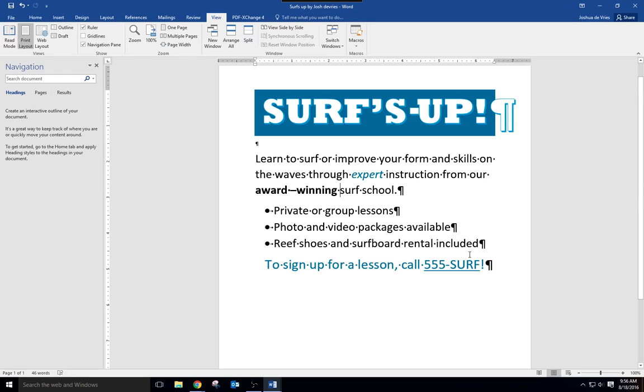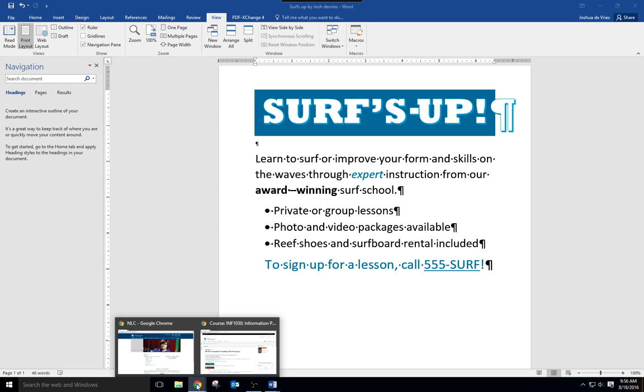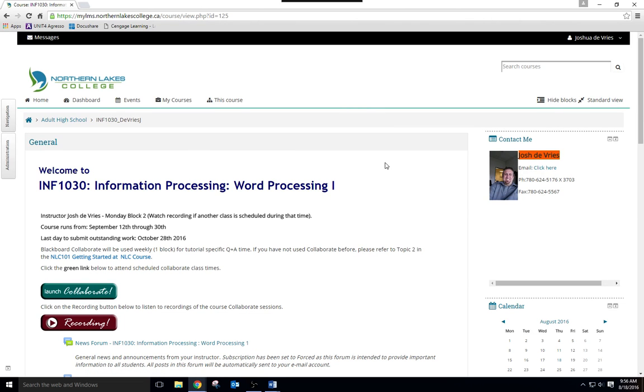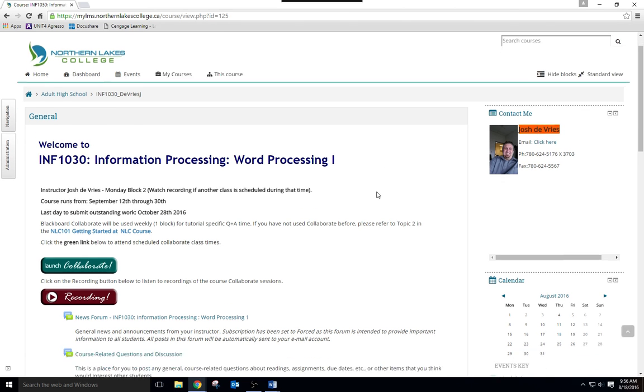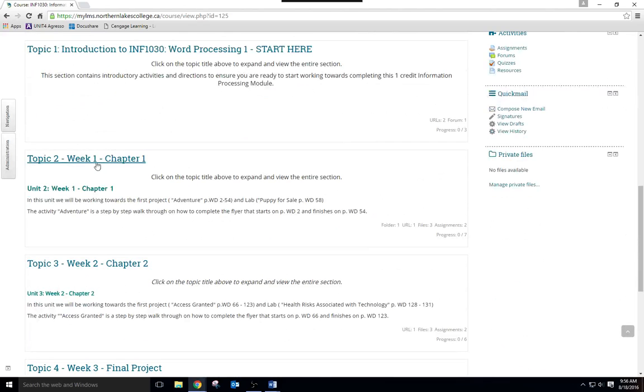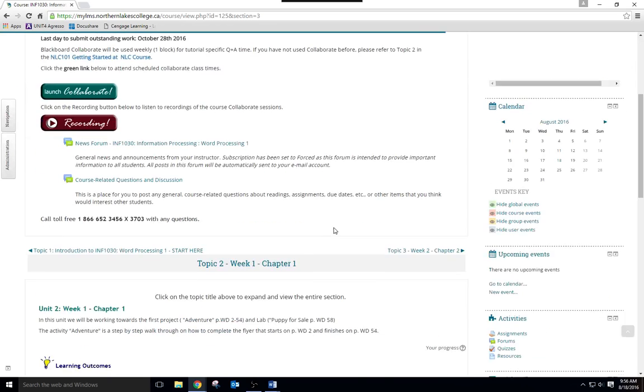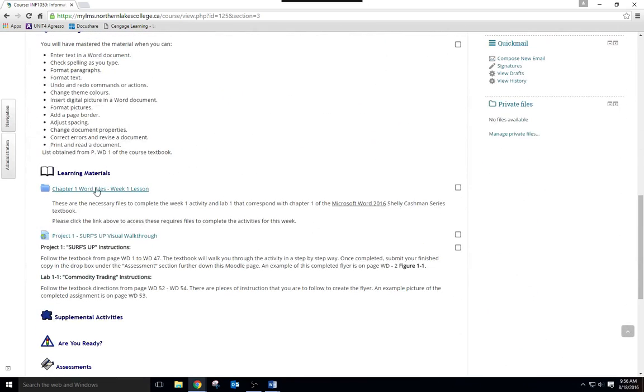Now, we need to put in the picture. So we need to click in between Surf's Up and the document. Here on page WD32, it's telling us to go to a Module 1 file section that would go along with the textbook. We don't have that. But what we do have is Moodle. I've got it preloaded to get to the Moodle class, INF 1030 Information Processing for this semester. You're going to scroll down, and click Topic 2, Week 1, Chapter 1. That's what we're working on now. Then scroll down again, and you're going to see a thing that says Chapter 1 Word